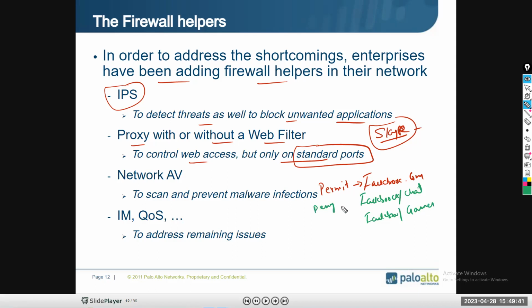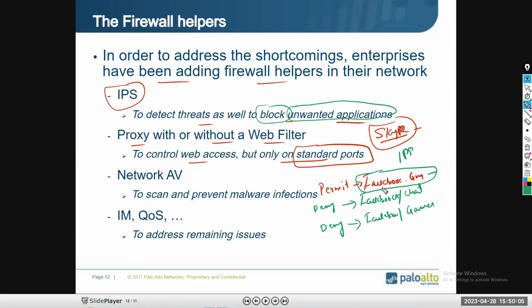We should deny these things. Deny. And this is the one application. So the previous firewall is talking about... the IPS is going to detect that one. Detect whether these are unwanted applications, whether it is a genuine application or not, whether you want to block or not.